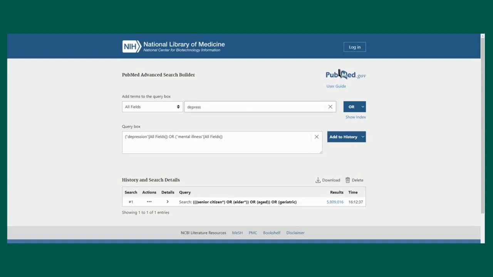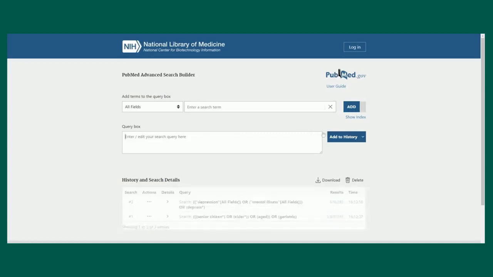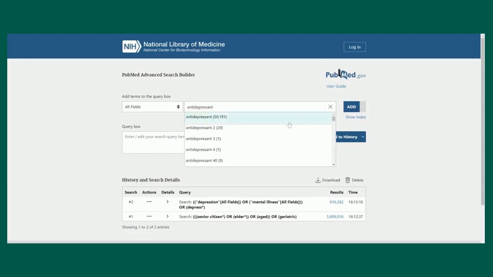In addition to adding only our keywords, we can type a keyword and click on Show Index under Add in order to see comparable MeSH terms. Using the Show Index function when building a search is worthwhile to see other terms that you may not have yet thought of. As a reminder, MeSH stands for Medical Subject Headings and is PubMed's controlled vocabulary of terms that articles are organized by in order for increased consistency in searches and increased discoverability. In other words, MeSH are keywords that PubMed assigns to articles.